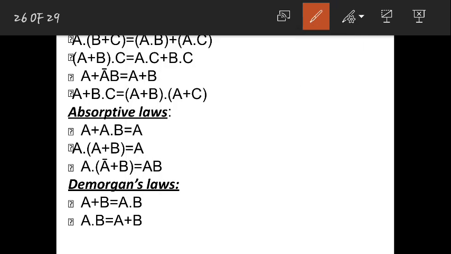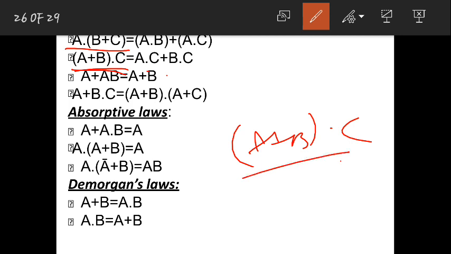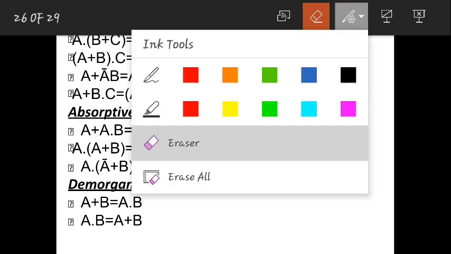Yeah, see this case, A and C. So for that what he has done is A dot C, it is somewhat similar to this, there is no change in that. But here first he has taken A dot, then in the end he has taken C dot. So nothing but you will get the same thing. And here you have even another law, A plus A bar B is equal to A plus B.